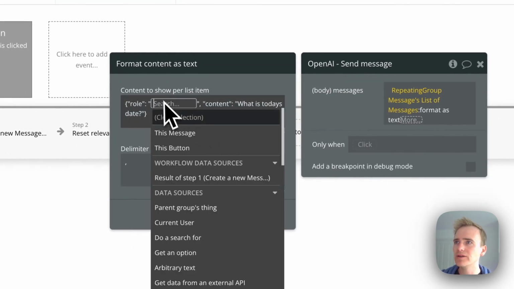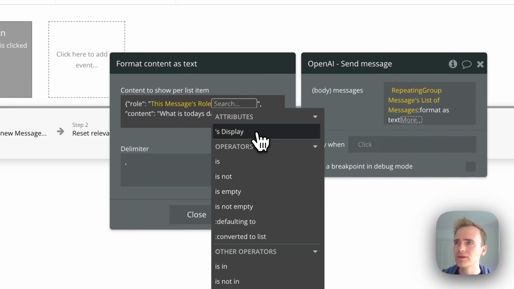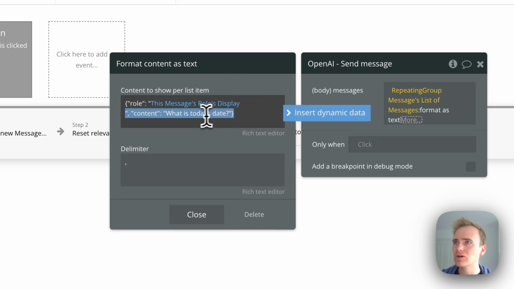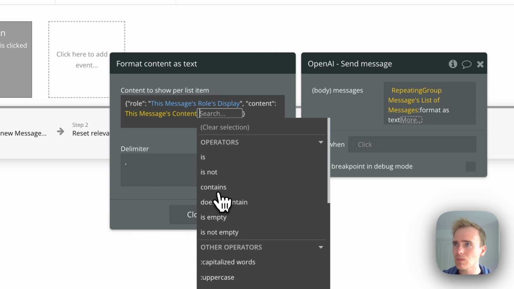So if I click on here and replace it with dynamic data, I can say this message's role display. And now on content, I'm going to do it slightly differently. I'm going to highlight everything, including the speech marks, and say this message's content